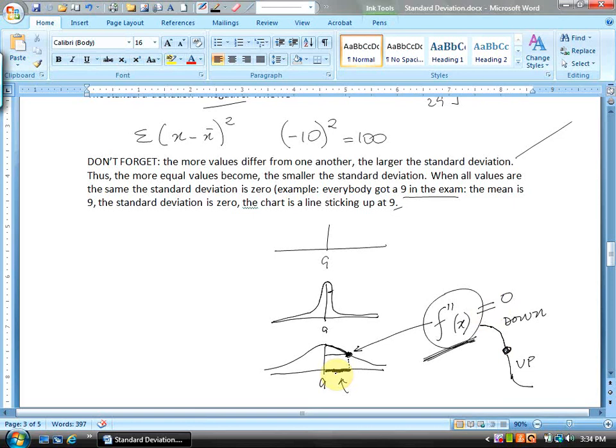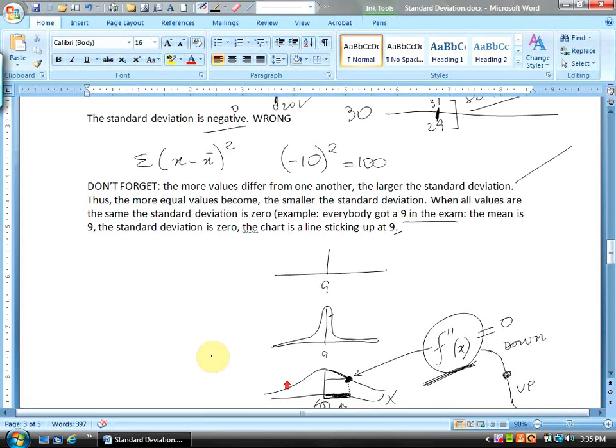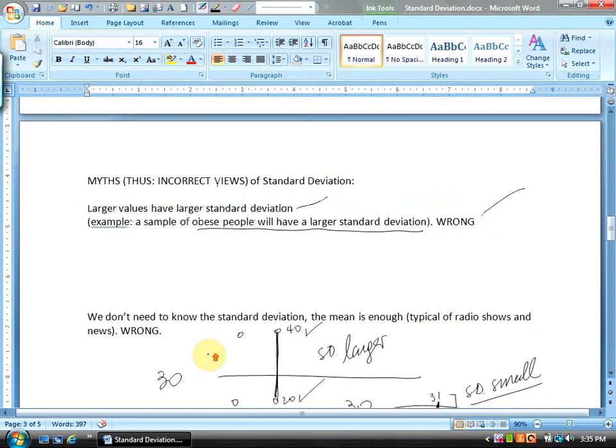But in statistics, we usually don't look at concavity and calculus stuff. We look at the x number line, and we find the distance from the 9, and this distance is the standard deviation. I hope this clarifies, and I hope